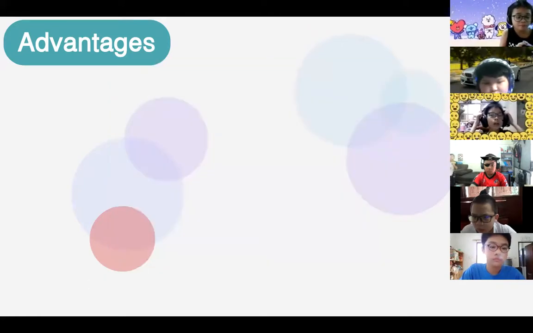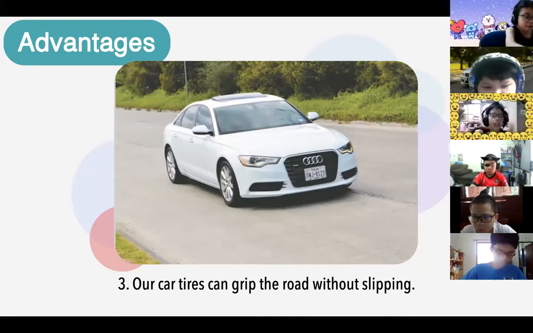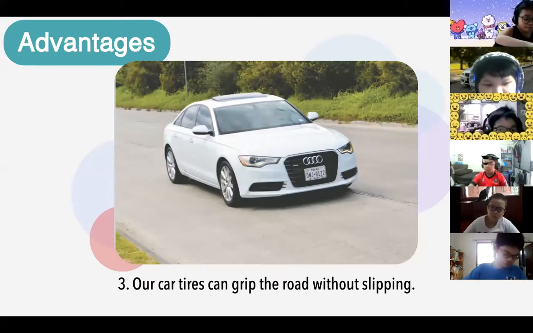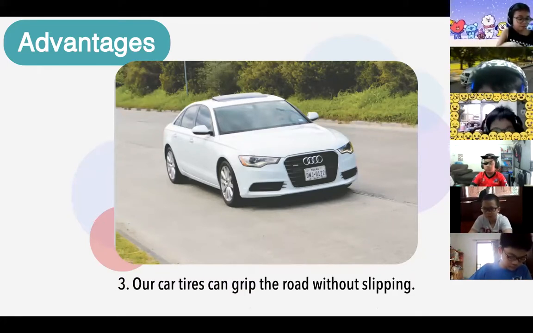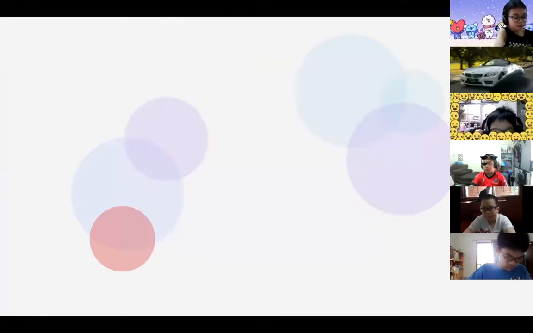Next one. Advantage, our car tires can grip the road without slipping. The rubber is the material used in these car tires. It is good for friction force without slipping. If, for example, you change the rubber of the car tires into wood, it becomes slippery. You will slide on the road. So rubber is one good example for rough surface. Also,